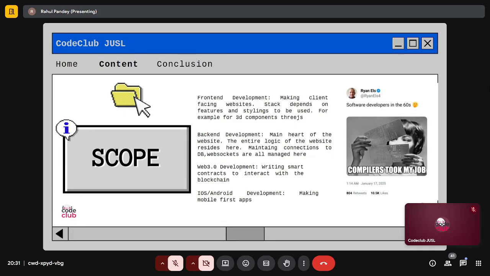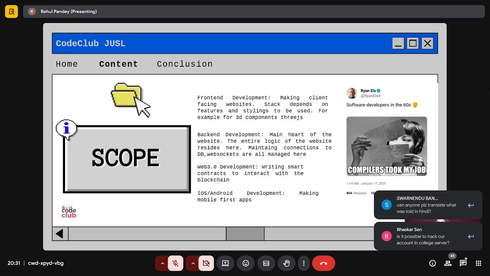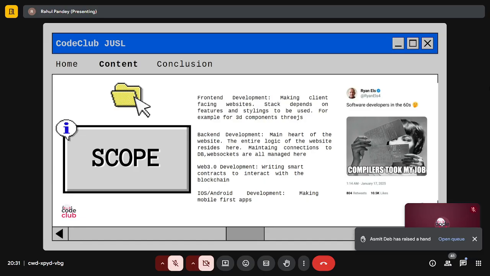Okay. Before I'm starting the scope, I think a lot of you know about SIH that's starting. It's on 10th. So there, I think we have people out here. Akash and Asmit are out here. So they were SIH finalists last year. So you can talk with them if you wish, about how to create amazing websites as well as other stuff, how they convinced the judges and everybody as to why the app worked.